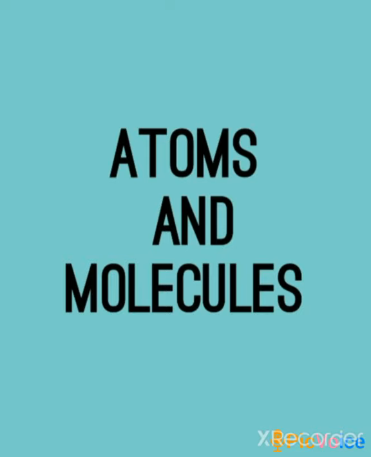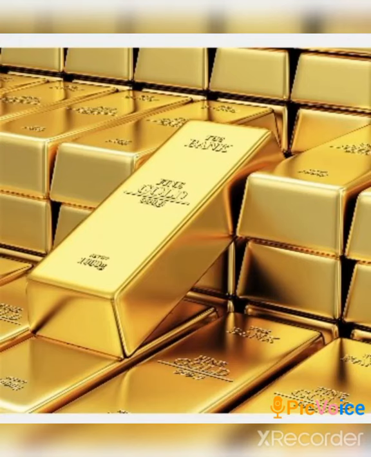So, what does an atom mean and what does a molecule mean? We will know about this with the help of a few diagrams. We will first discuss what an atom is. So the last single particle of an element is an atom. For example, there are different elements in the periodic table: hydrogen, helium, lithium, beryllium, boron, carbon, nitrogen, oxygen, iron, gold. All these are elements in the periodic table. There are more than 120 elements in the periodic table, right?